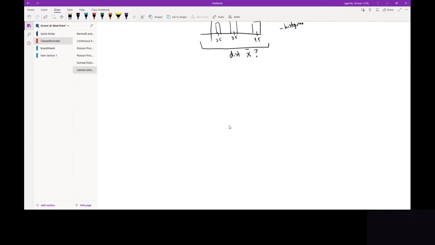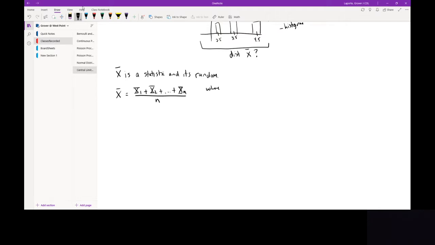So the first thing we need to understand is that X bar is a statistic, and it's random. So what is the statistic? X bar is simply equal to x1 plus x2 plus ... plus xn, all divided by n,